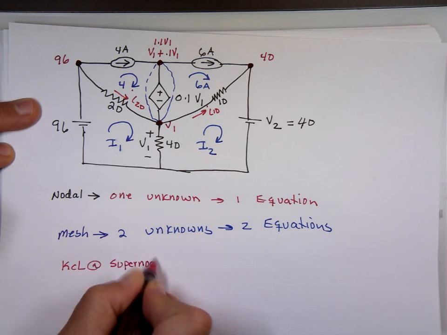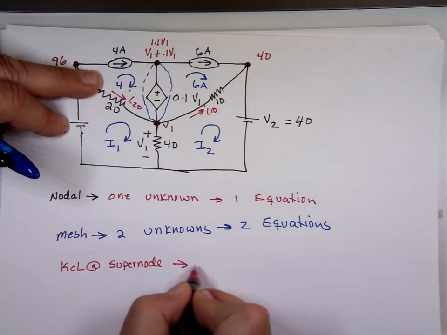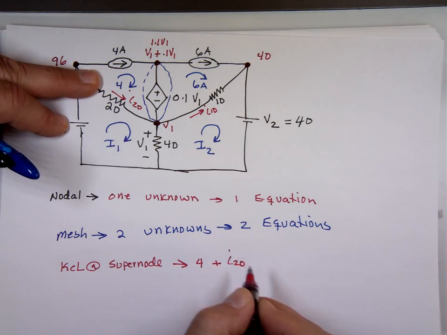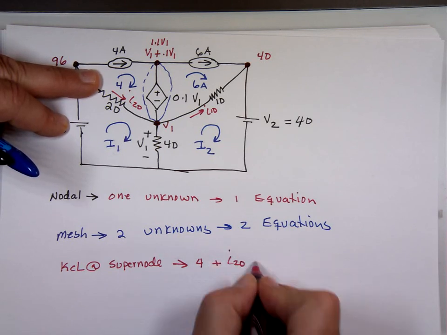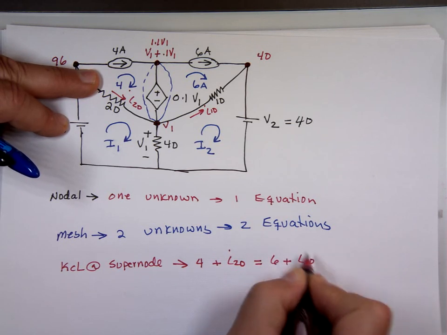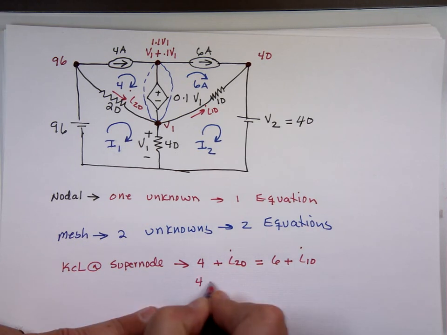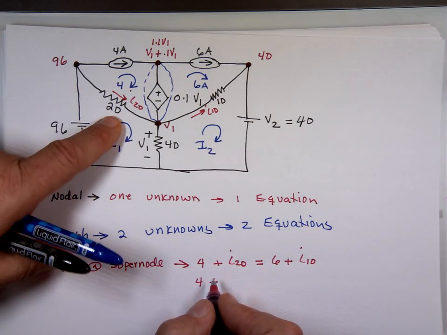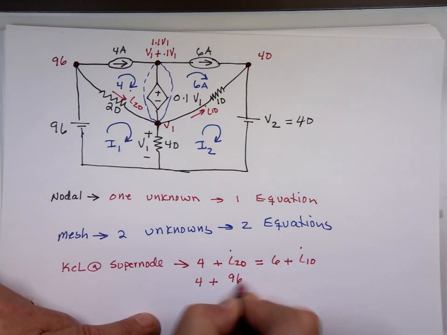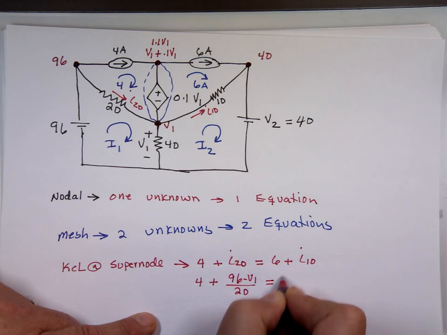I got the 4 going in, plus I20. And what's leaving that node? 6 plus I10. So 4 plus, what's I sub 20? That's the current going this way. It's 96 minus V1 over 20 equals 6 plus I sub 10,